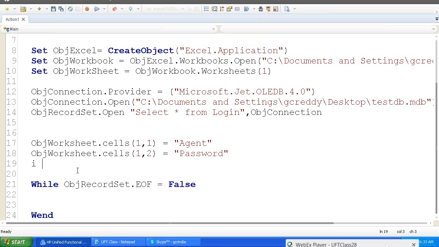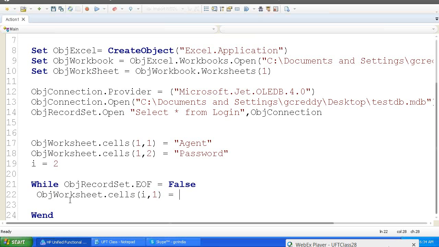First define one variable, I equal to 2, the initial value, for the first column header. obj worksheet dot cells of I comma 1